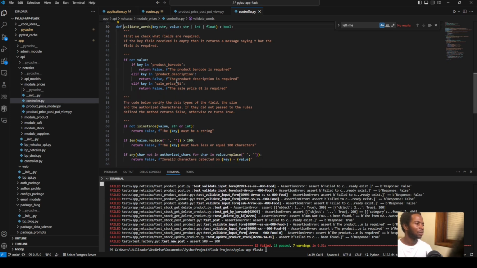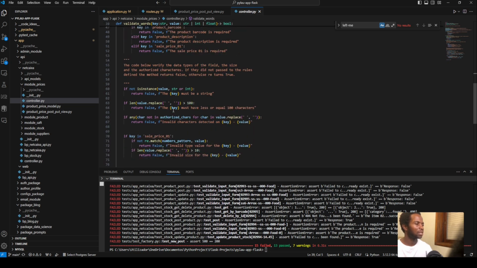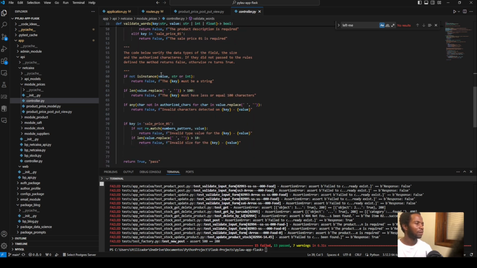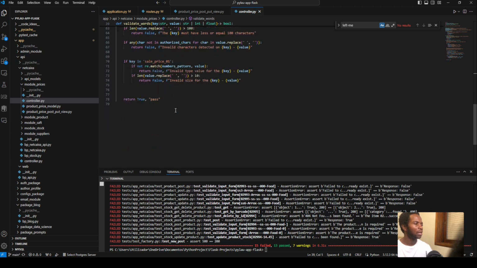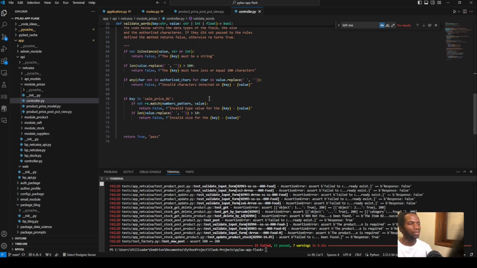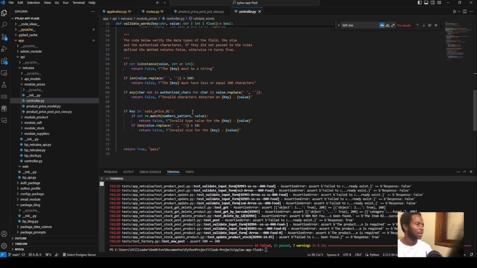So we repeat the same thing here for the sale price and product description, and then we verify if they are receiving a string or int value, and we return the required information about the rules. So this is what we got in our controller, and